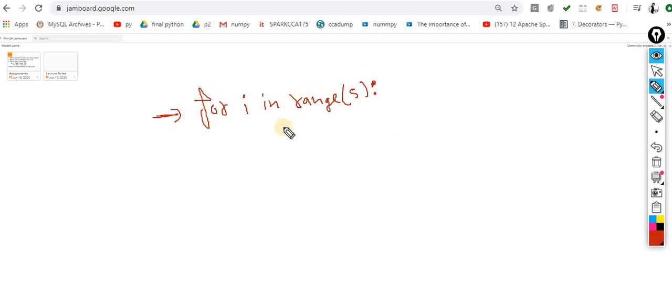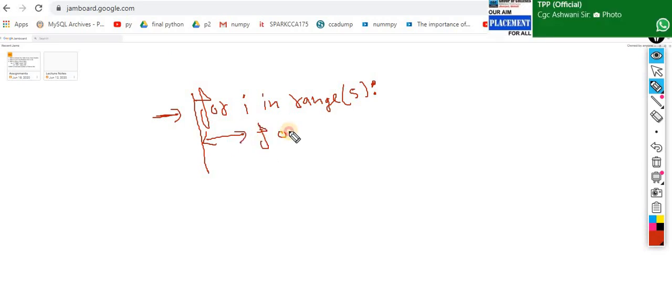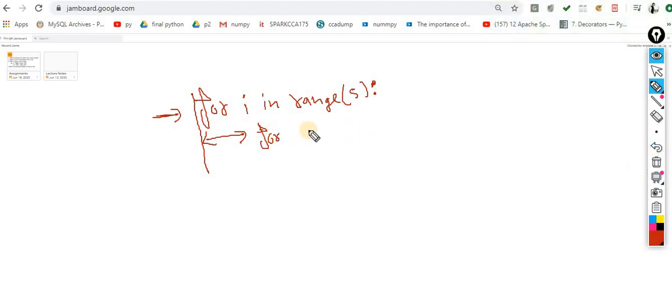I want an inner loop inside this, so again the tab indentation. For j, this loop is j in range of, again I am putting 5. Now what I am printing: print of i and j.